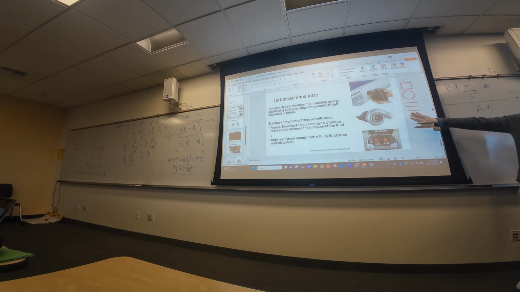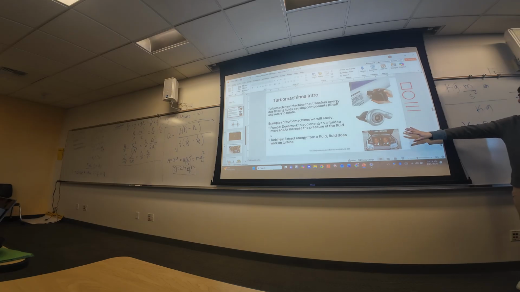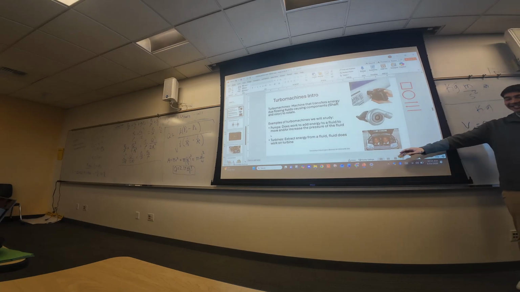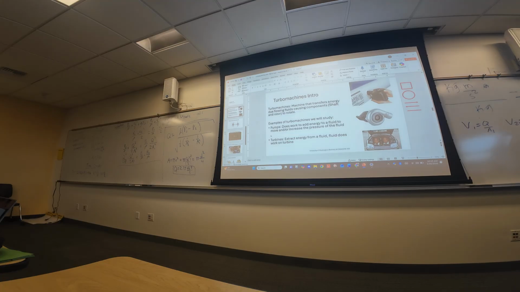So that's pretty cool. This little meme, I'm kind of into cars. Can anyone tell me what car this is? Right, it's a Supra. They have a 2JZ engine. I hope you know who Jay-Z is. That's just a little joke. This has a twin turbo setup. Twin turbos are more complicated, so we're just going to talk about a single turbo. I just thought it'd be funny to put in there.